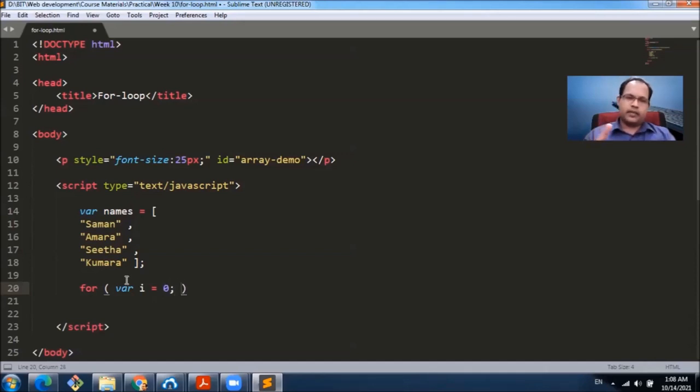Remember now, the index of the array starts from 0. So it is suitable for I to start from 0. And then I less than 4, I plus plus.